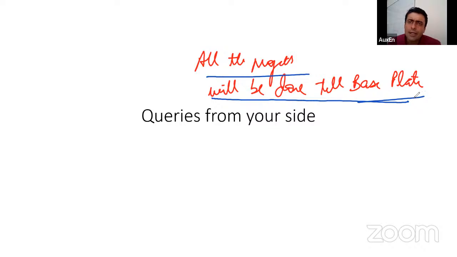There's a reason why we are not doing RCC designs, because then it will involve a lot of other things that you should understand and that would be required. So we will be doing till base plate level. I may introduce the concepts needed to do the footing systems, but we are not going to do footing systems in this program. Okay. This is to ensure that our entire focus is